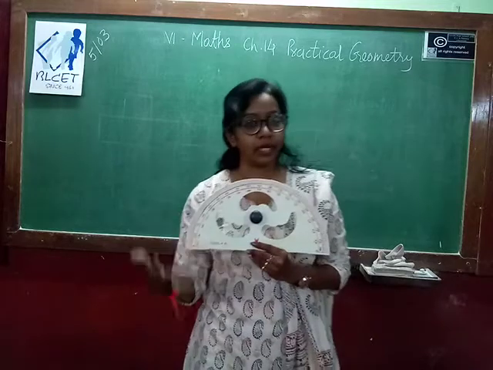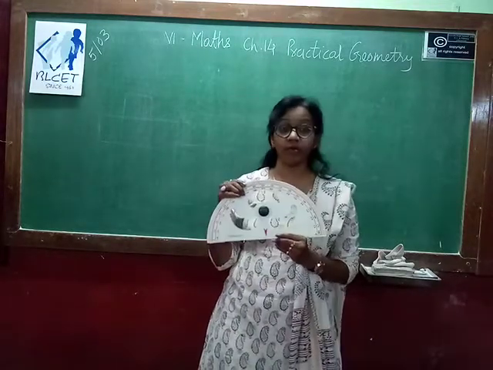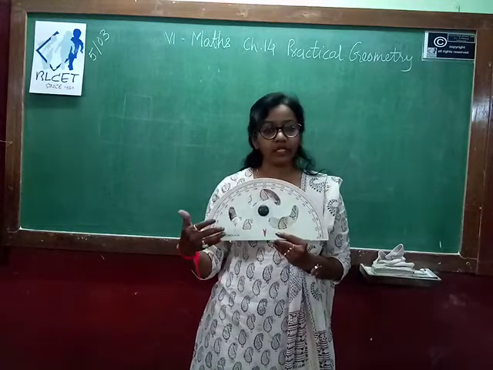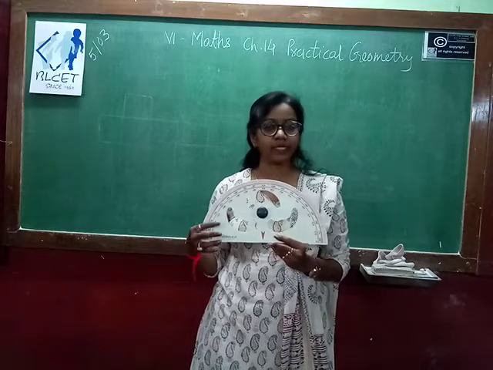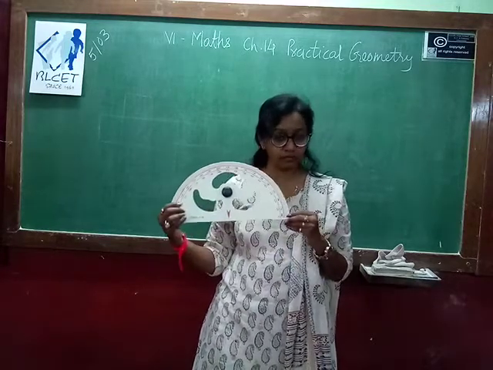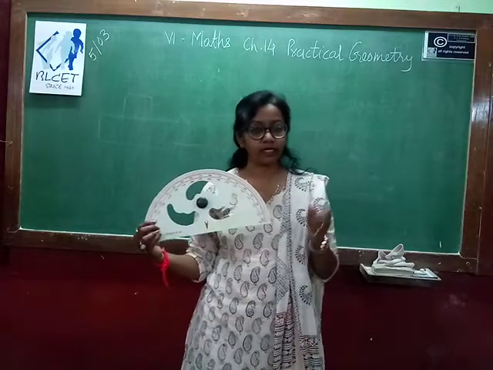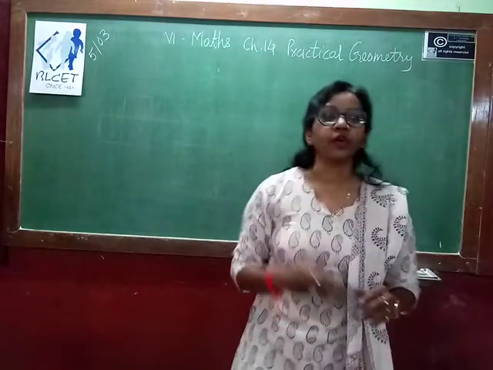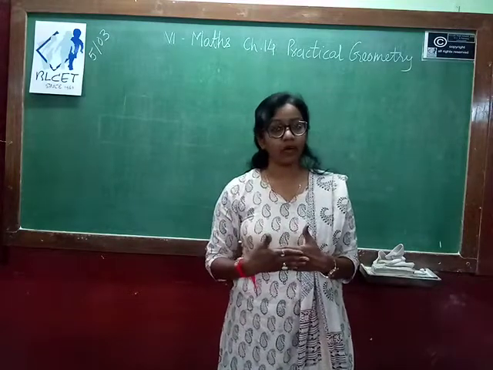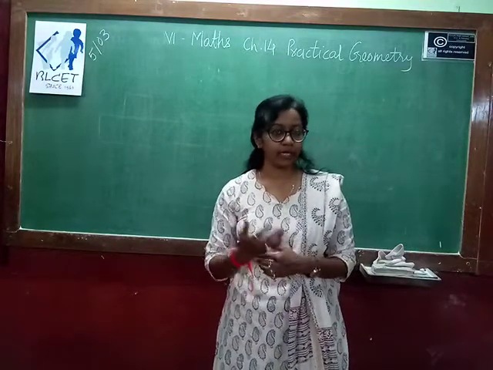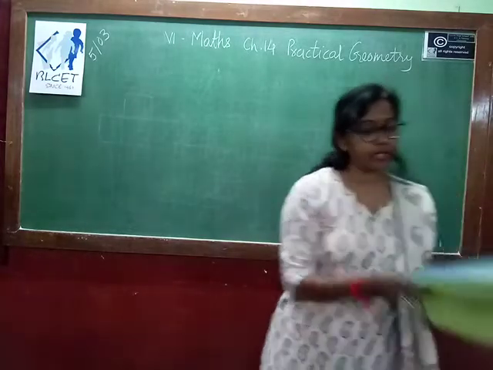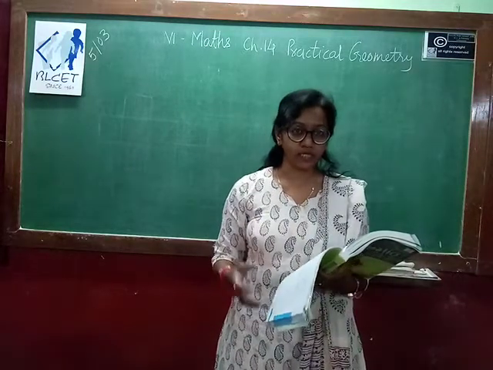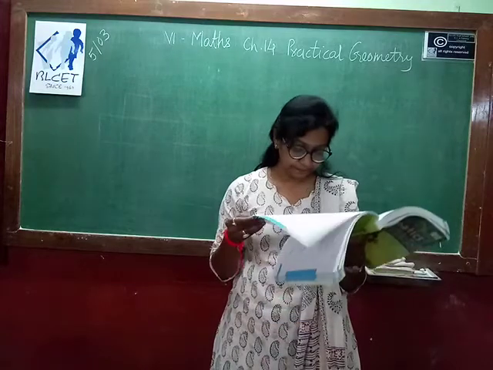So this is all about the brief introduction of the geometrical tools present in your compass box. We are using only the ruler to draw line segments or measure line segments. Now we are using tools like the divider, rounder, protractor and set square to draw perpendicular lines and parallel lines. Also we can draw angles with the help of protractor and rounder, and measure angles with the help of protractor. So in practical geometry, first of all you should know the tools which you are using in this particular chapter.